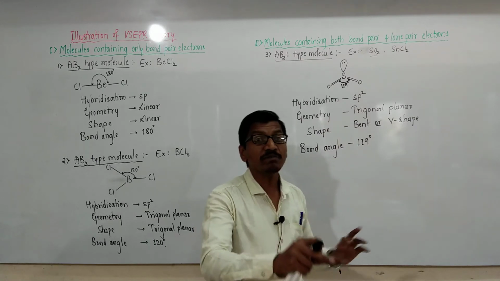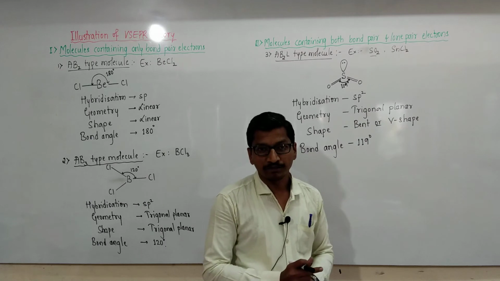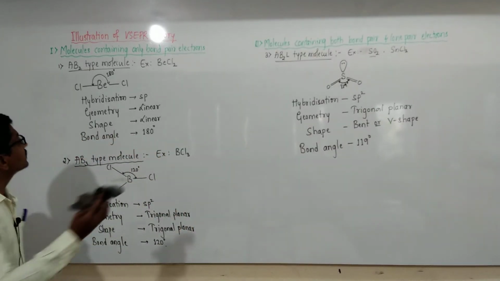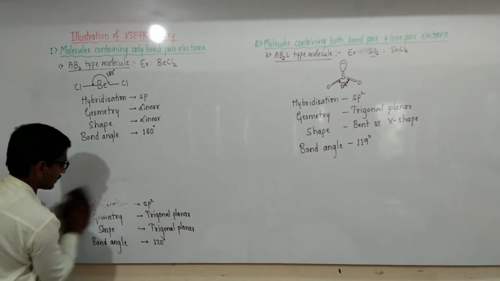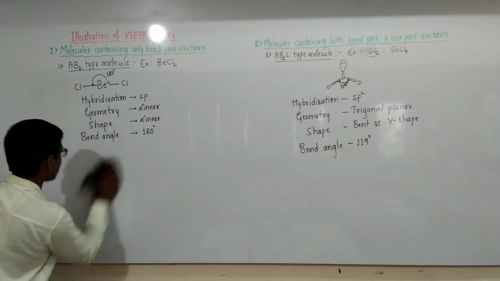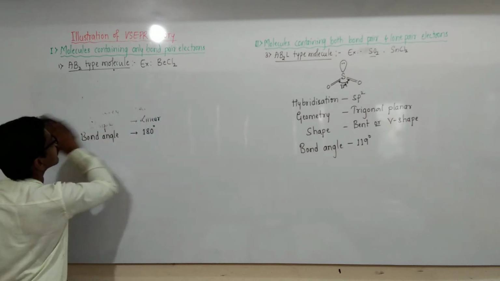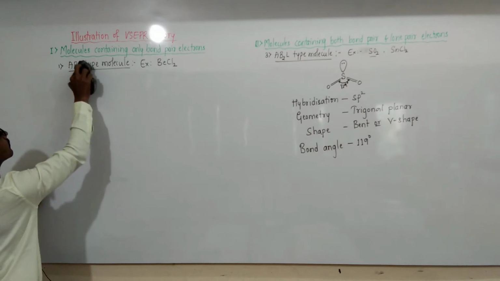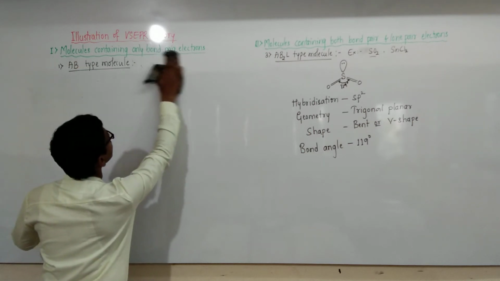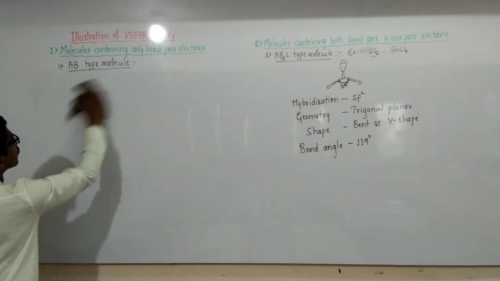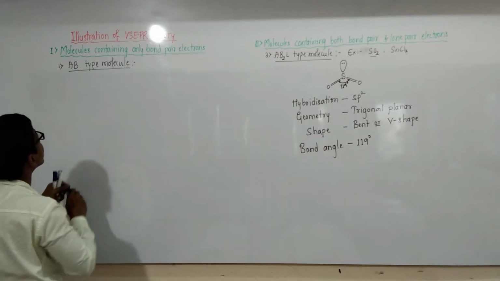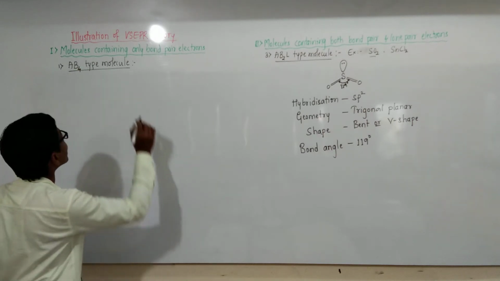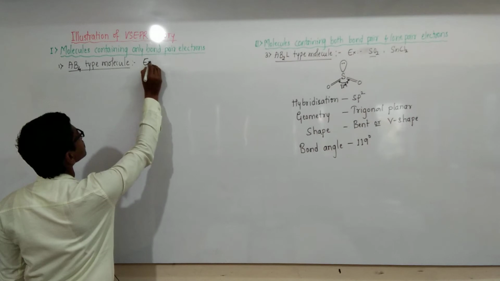Trigonal planar geometry, but shape is bent or V shape. Then this is the third. Then fourth one is fourth type of molecule, that is AB4 type of molecule. Example is methane,